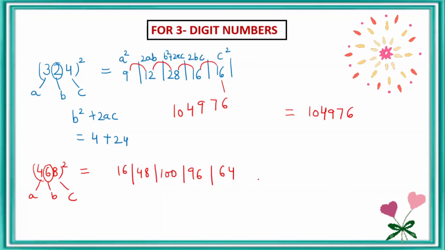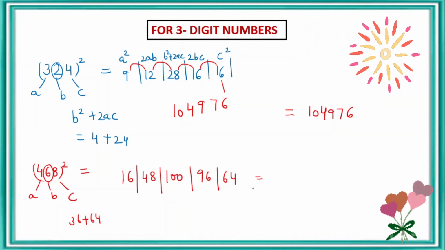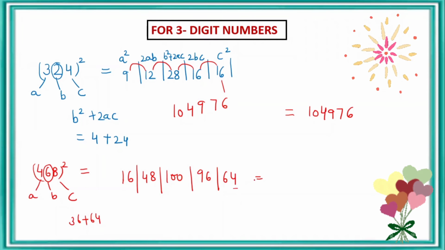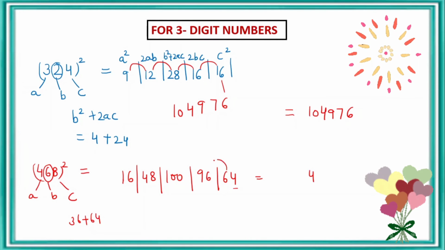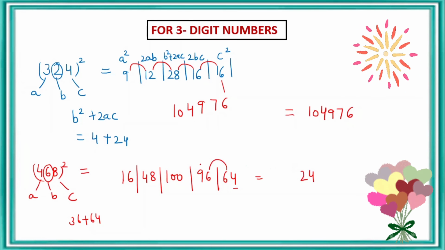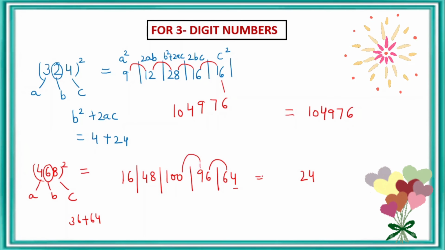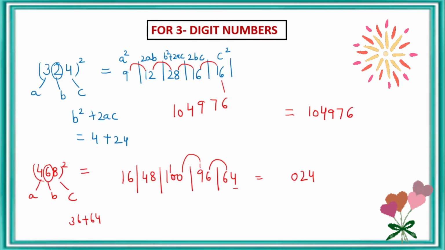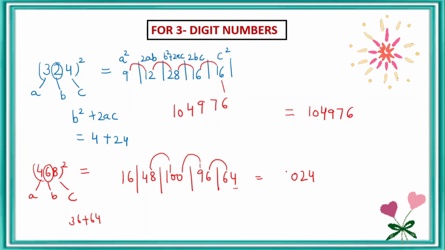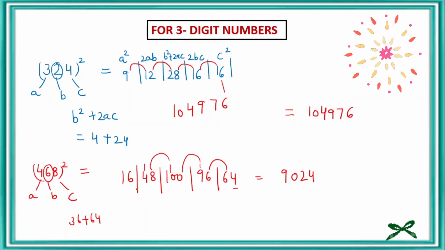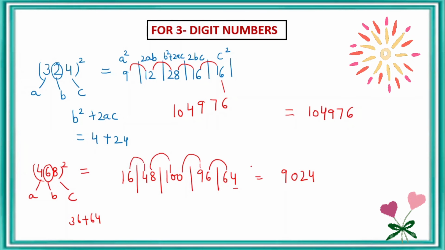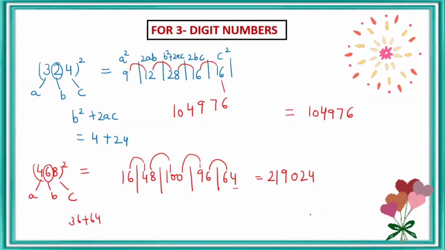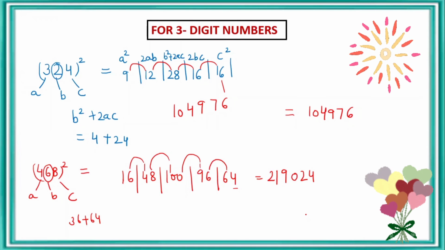After writing all the answers, now start. As I told you, we have to take one digit at a time. So start from right. 4. 6 shift this side. 12. 9 plus 1, 10. Shift this side. It will be 0 here. 1 will be carried. 10 plus 1, 11. 11 plus 8 will be 19. Again 1 will be carried. 4 plus 1, 5. 5 plus 16 is 21. So the answer of 468 square will be